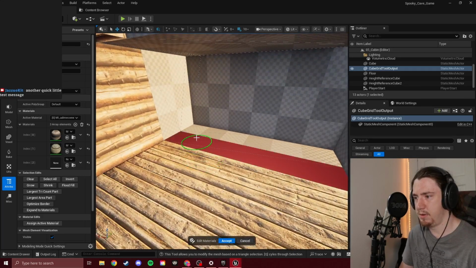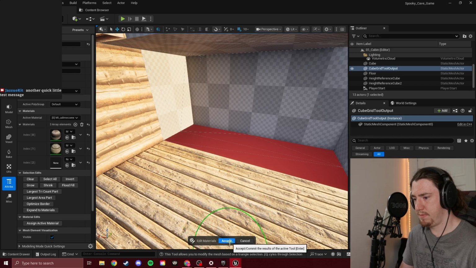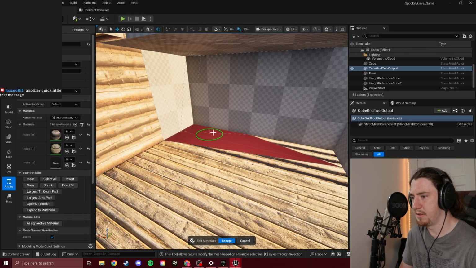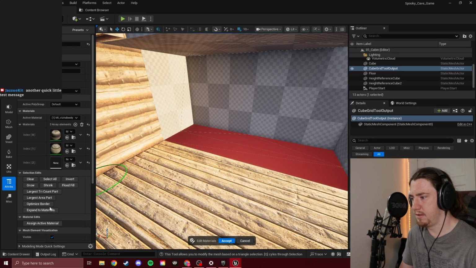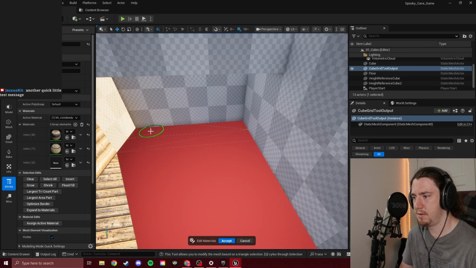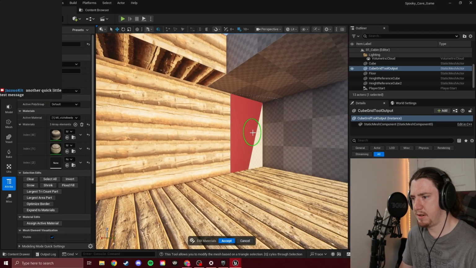Okay, cool. And so if I do this number right here, floor. And then there's also a button for assign active material. Okay, so that's correct, but we don't have the, oh, right, active material. I guess it's this one, right? Right, and assign active material. There we go. No, that's gonna be awkward. But I now see